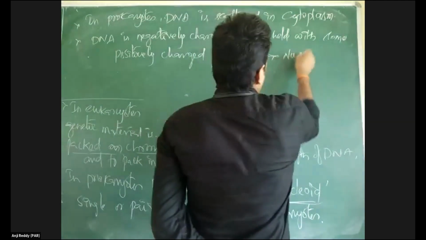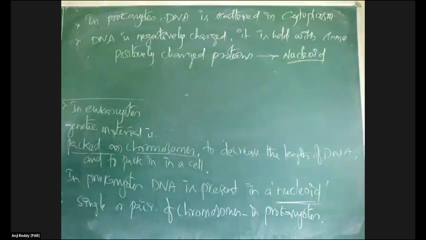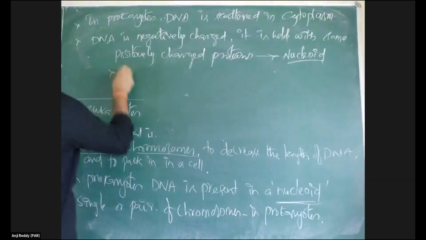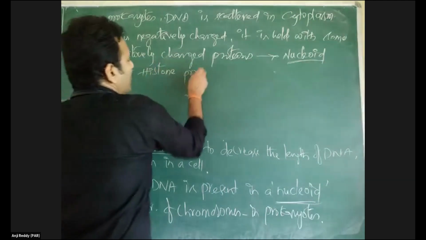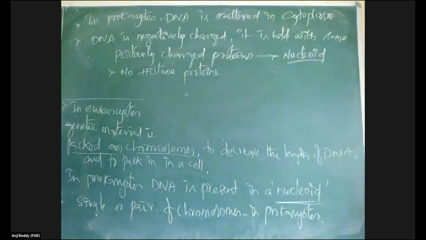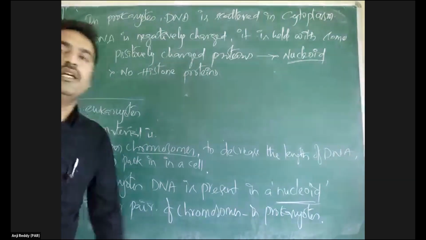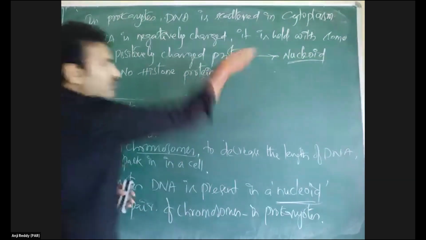There is formation of a nucleoid. Nucleoid is formed, but here there are no histone proteins. In prokaryotic organisms, histone proteins are absent. Without histone proteins, some other positively charged protein molecules are attached with DNA, and there is formation of a nucleoid. Okay. Here, that nucleoid